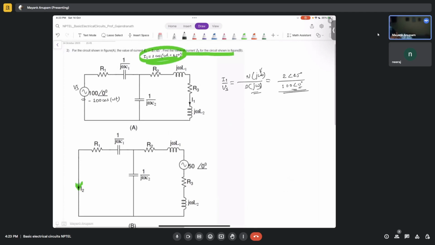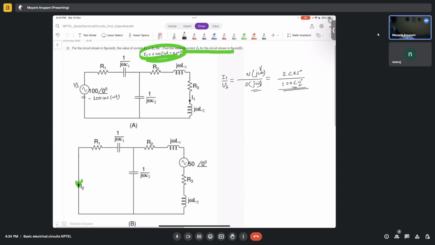So let me draw this picture in a slightly different way, and please let me tell you that the way I will be drawing my circuit is also a hint to solving this problem. You see, I will be doing it like this. Let's take